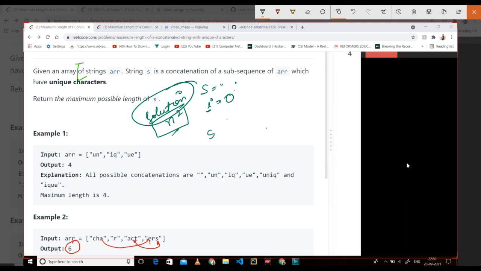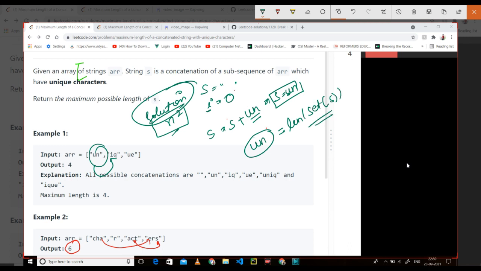We will simply add elements one by one. We add un, so our s is un. Now we go to the next one and check whether the length of un equals the length of set of s.